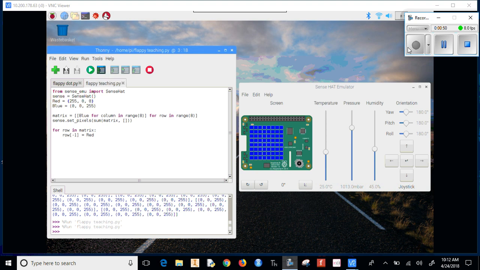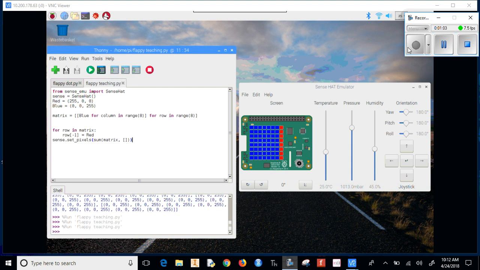And now if I run this, it doesn't do anything because I have this before. It turns it to red, but after we did anything with the pixels. So let's move this down here. And now we have the last row being red. That's great. That's going to help us with our Flappy Bird or Flappy Dot getting through, but we need to